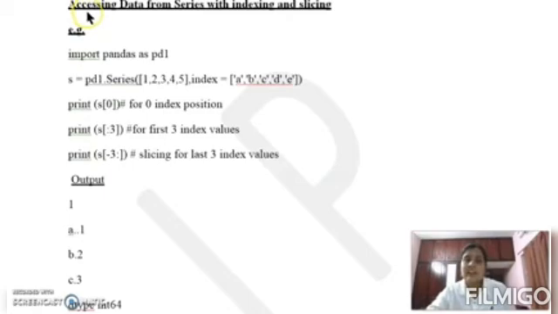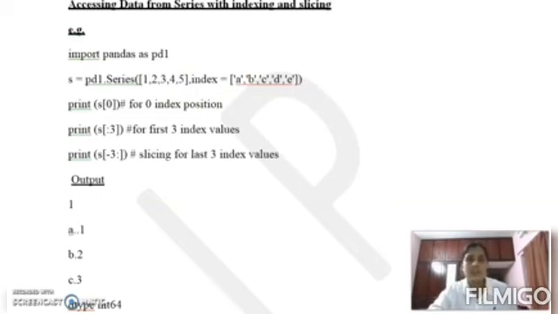Here there is an example, accessing data from a series with indexing and slicing. Both are specified here. Look at this example. We imported pandas as pd and we created a series with values 1, 2, 3, 4, 5 and we gave an index of A, B, C, D, E. According to our wish, we can give the index.